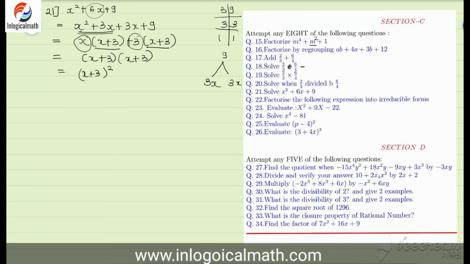Okay, so now factorize the following expression into irreducible form. Now we will go for question number 22. You have to solve, means